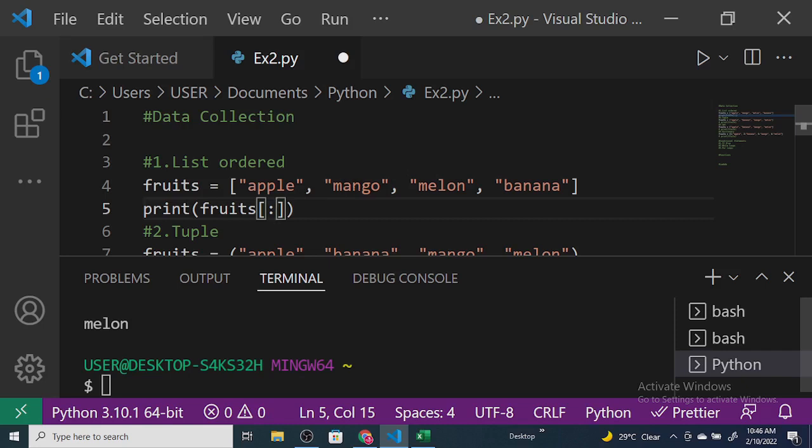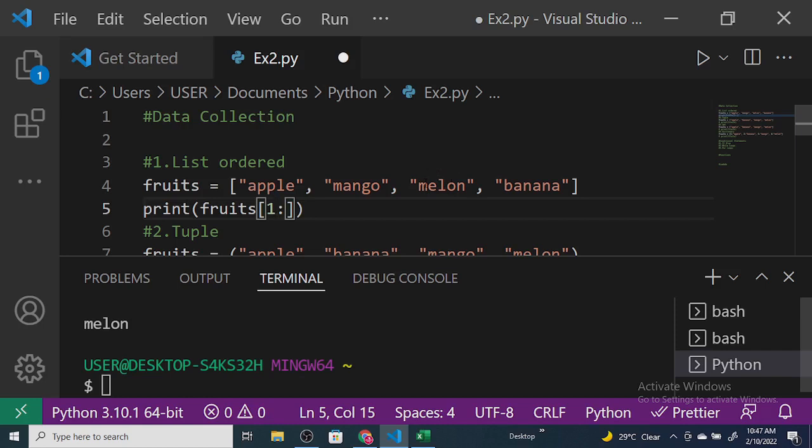My first index has to be the first item I am interested in, which is mango, which is 1. Now, what will be the last index? 2? No, not really. The last index has to be